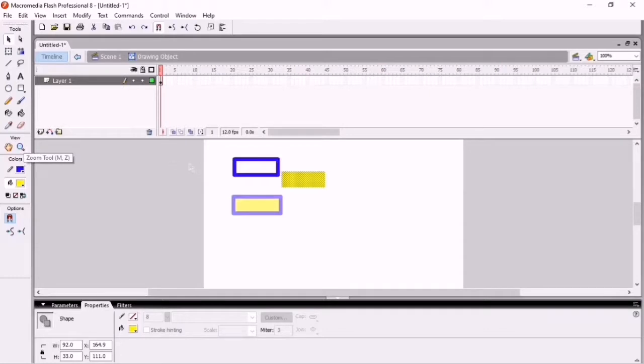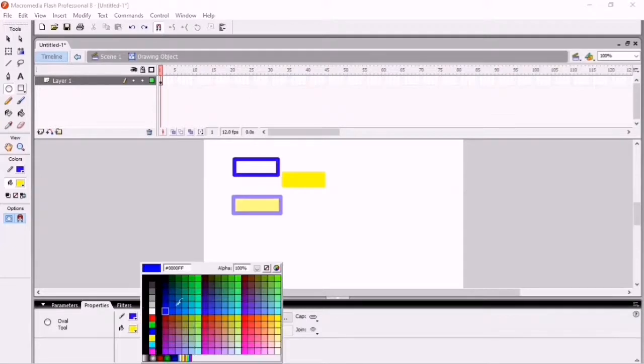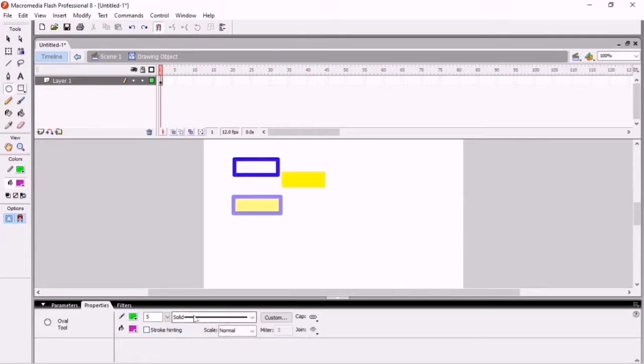This one, we already learned, is group and ungroup. And now we learn about some more tools, like this is the oval tool. If I want to make a shape like an oval, I use this one, and if you decrease the boundary width, select this like 5 and change the color like green, and now I make it here, so you can see this is the shape.